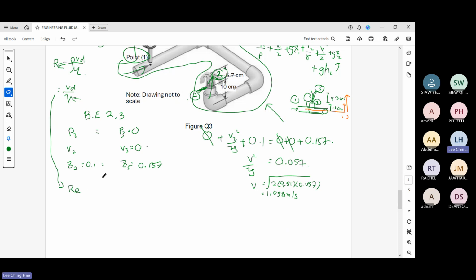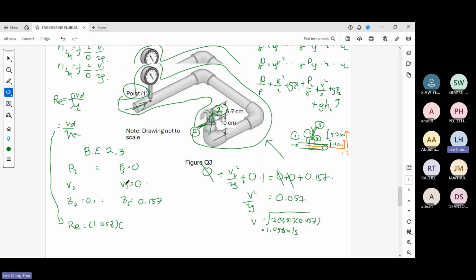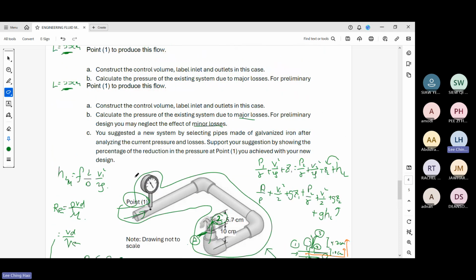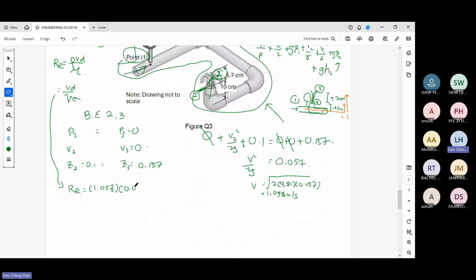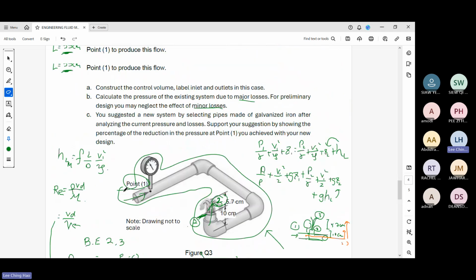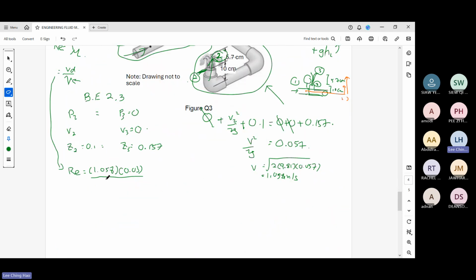So then it equals to... sorry, it's not 1, it's 1.0758, correct. The diameter, how much diameter already? 3 cm. Okay, 3 cm is 0.03. Kinematic viscosity 1.12, then divided by 1.1297. So it is